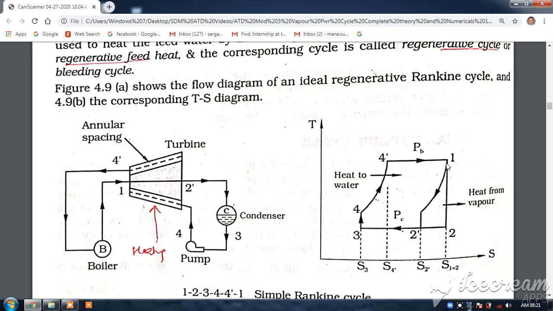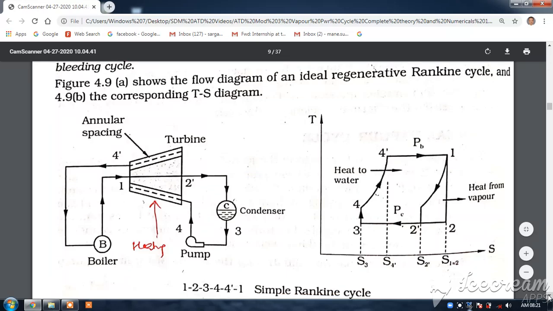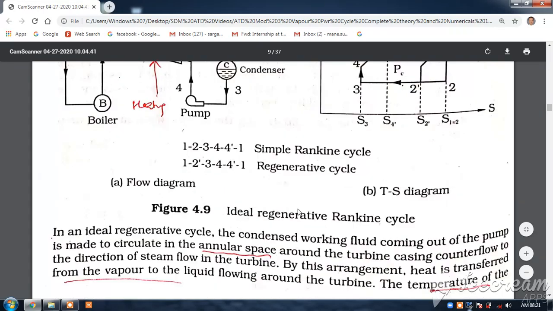And please remember one thing, 1 to 2 dash is parallel to 4 to 4 dash, this part. Entropy at 3 is equal to 4, and entropy at 1 is equal to entropy at 2. See here, 1 2 3 4 4 dash is the simple Rankine cycle, and in 1 2 dash it has come to the curved line here, 2 dash. This is the difference in the